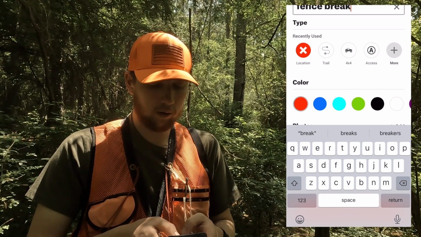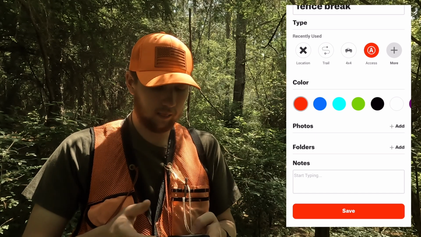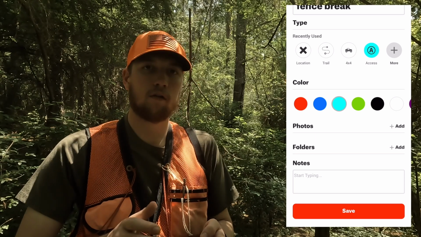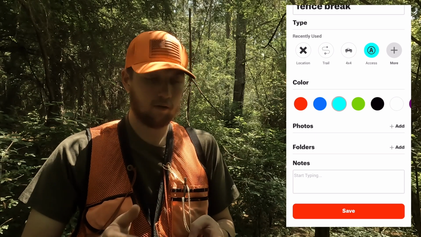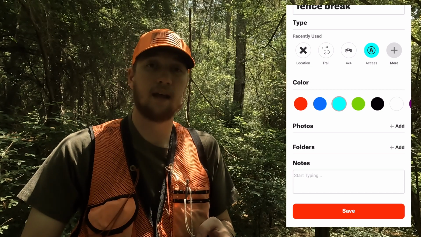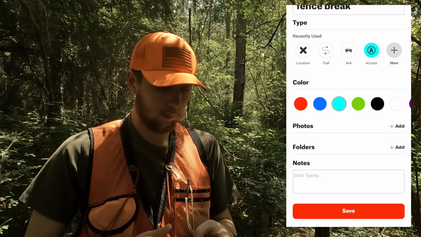And we're actually going to put it on the access tab, and that way we can kind of keep it a little bit separate. And I'm going to go ahead and stick with the aqua, since that has been what the other colors were that I need to go back in and edit. That way I know to go back in and edit this. So I'm going to hit save,